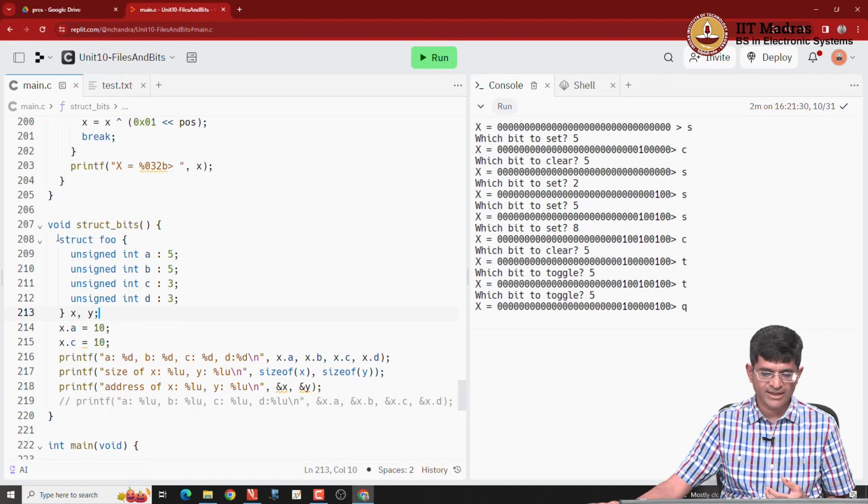So if I declare a struct foo like this, where I have 4 unsigned integers a, b, c and d, but I specify the colon 5 over here, effectively what it's saying is that a is a 5-bit number, b is also a 5-bit number, c is a 3-bit number, and d is a 3-bit number, okay. And I can assign values, x dot a is equal to 10, x dot c is equal to 10, and see what happens as a result of doing this,